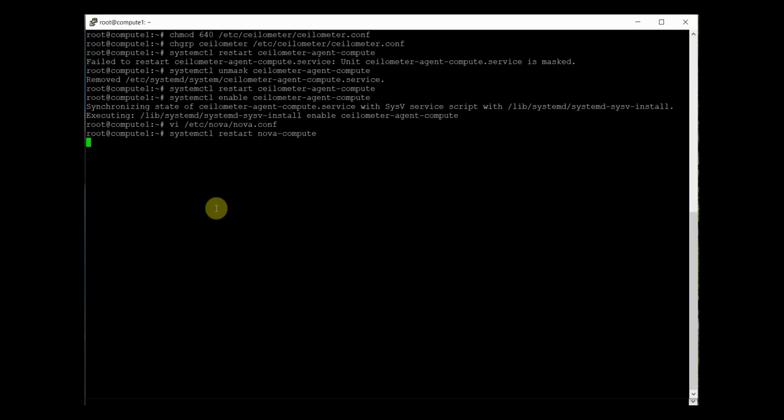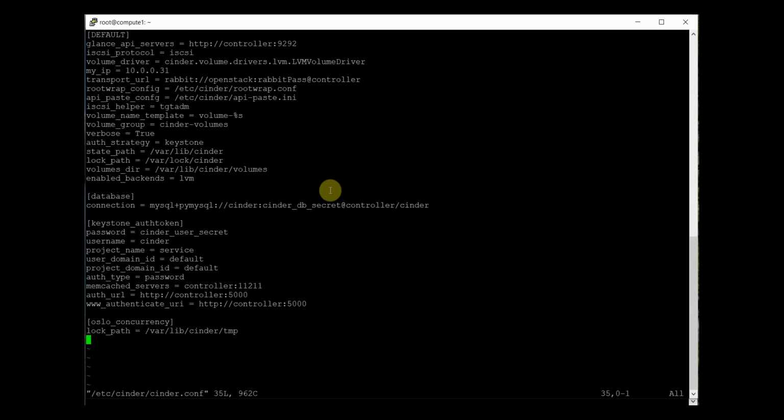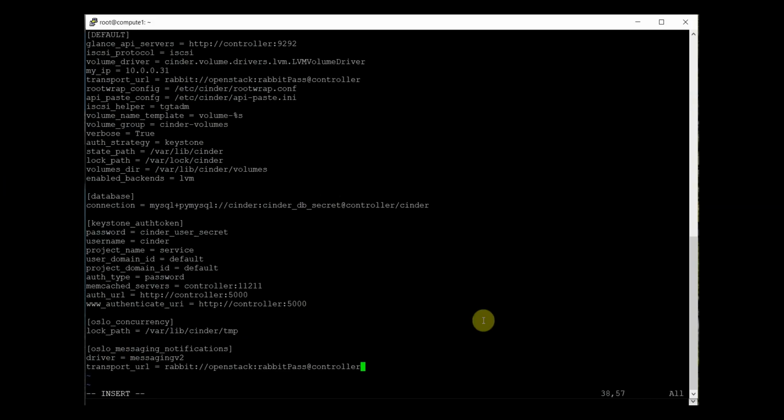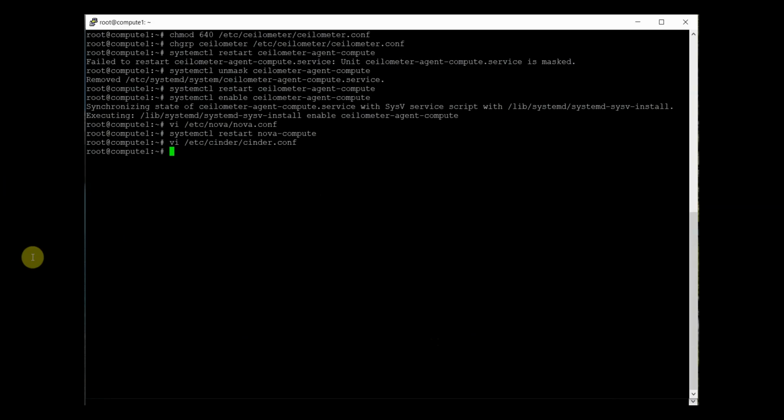So this is also available now. And since our Cinder service is available on our compute node, the main LVM service is actually on the compute node. So I'm making changes in the /etc/cinder/cinder.conf file. At the end of the file, same process, we need to add those 3 lines, that is to allow the data to be exposed to the messaging service, Oslo messaging notifications, and the sender notification is also now good.